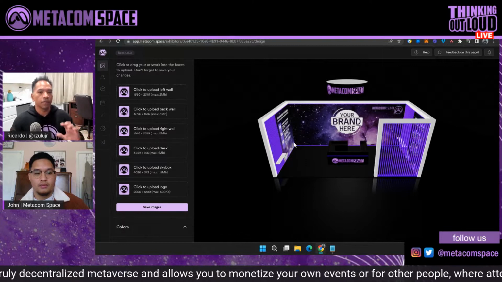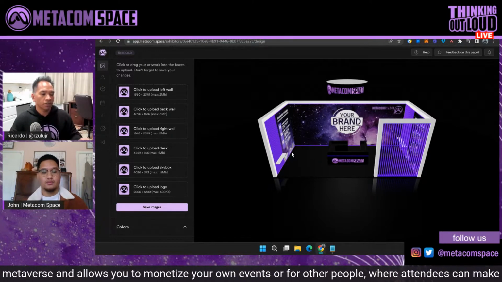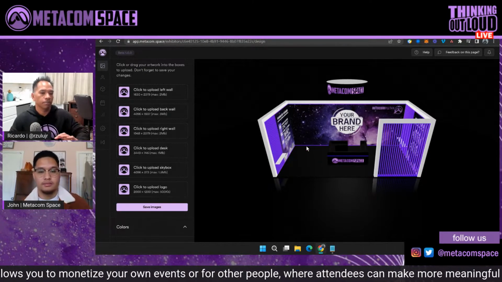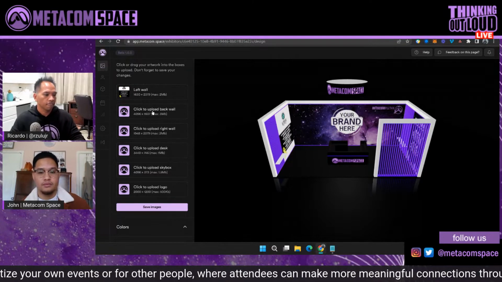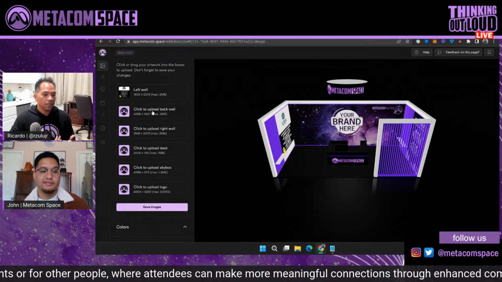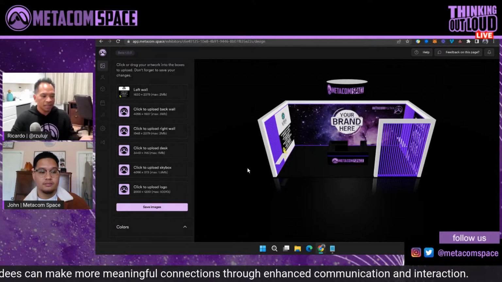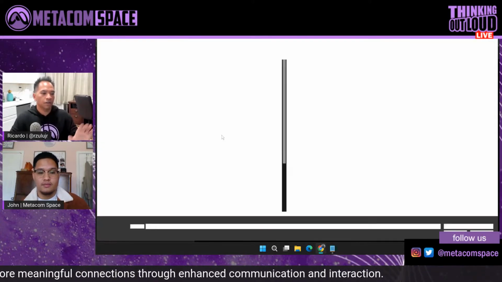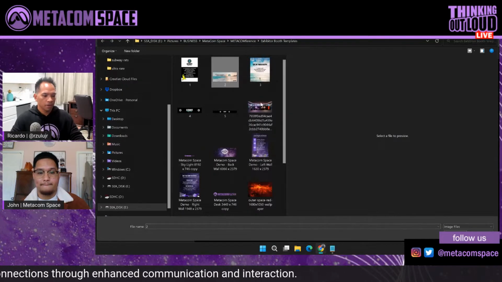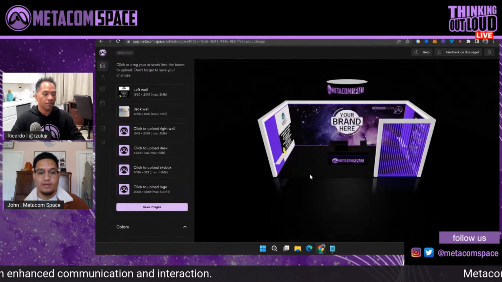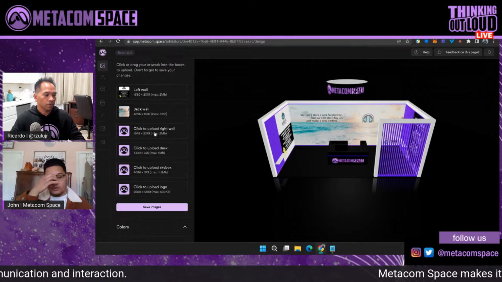This is awesome. Once you're creating your booth, you'll actually see it being created right in front of you. Wow, look at that. Yeah, so you'll get to see quickly: is the design good? Is this blocking? Is the desk too high? You get to really work on your booth to make it as attractive as possible,